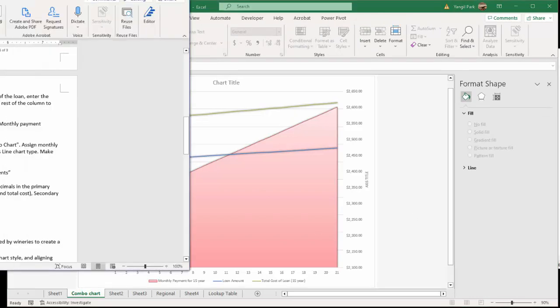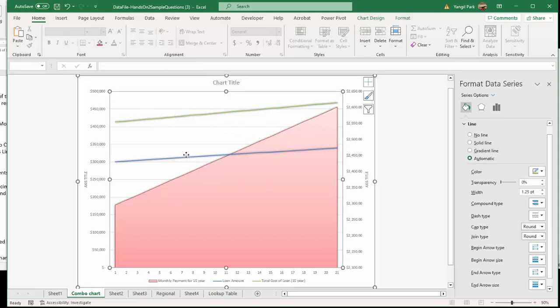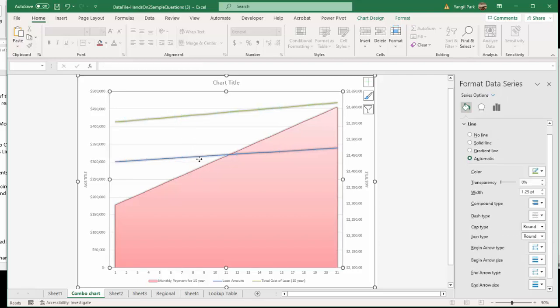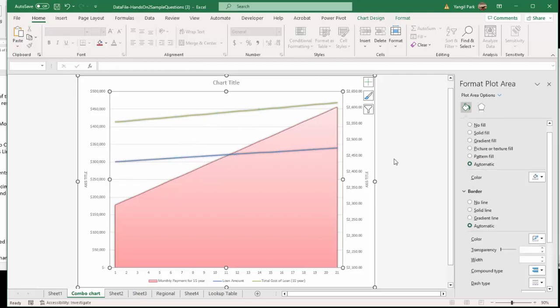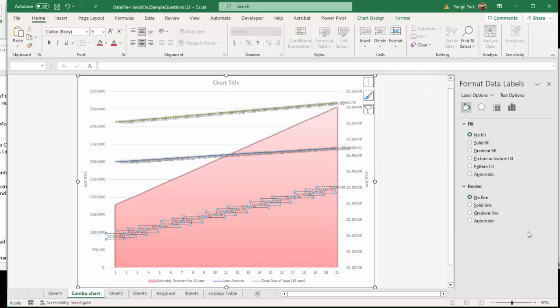Alright, and one more thing. Insert data labels in dollar amount to line data series. Here's the line data series. So we want to insert data label, meaning those numbers, whatever the amount. How are we going to do that? Again, we go to chart element, look for data label right here, right? Then we're going to click data option, more option, so that you can select axis label options, show only value,